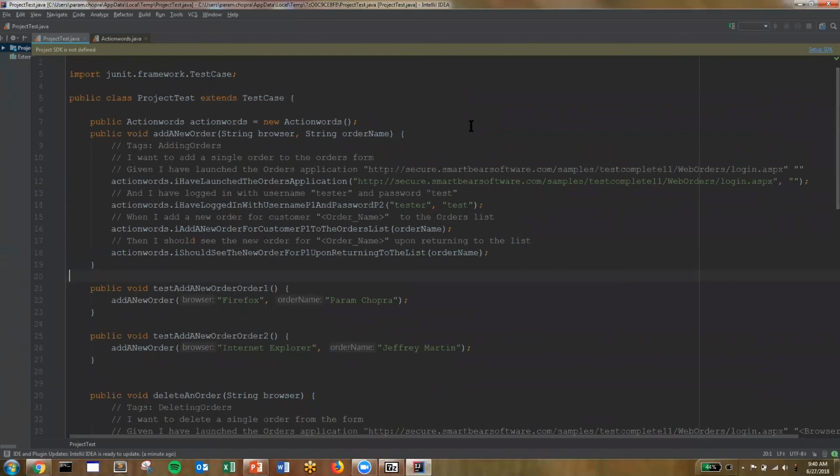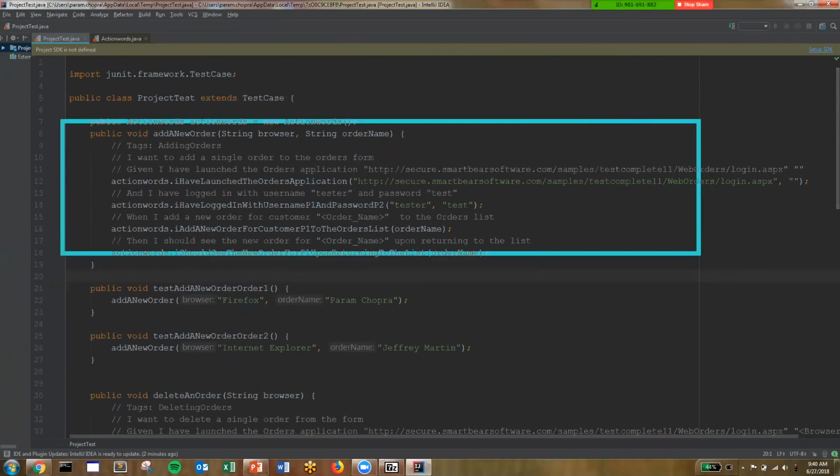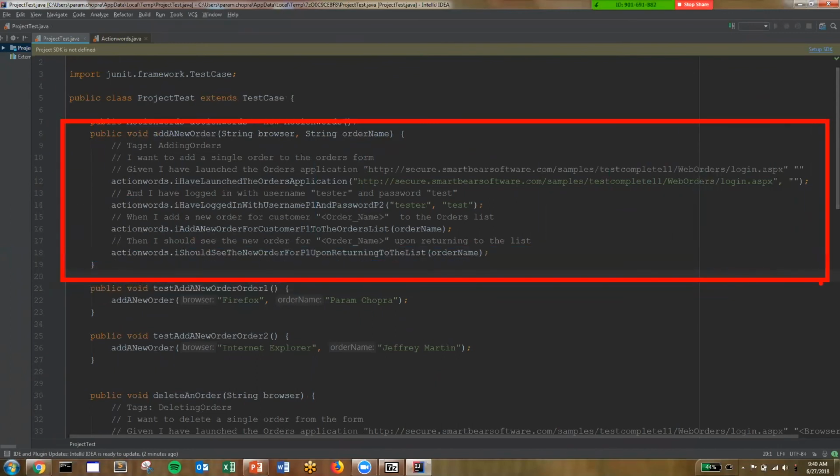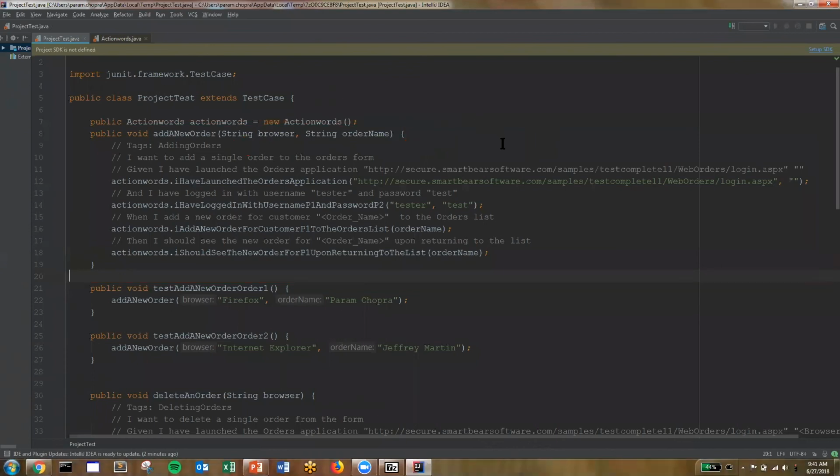So right now, remember we saw that Gherkin statement, adding a new order? That's defined right here in this function, and we can see some of the steps. We can see our tag from our HipTest tool. We can even see a nice description here as well. Then we see our four steps: I've launched this application, I've logged in, I've added a new order, and I should see the new order upon return to the list. And we're using our publisher service because we can hit a button and it does all this for us.